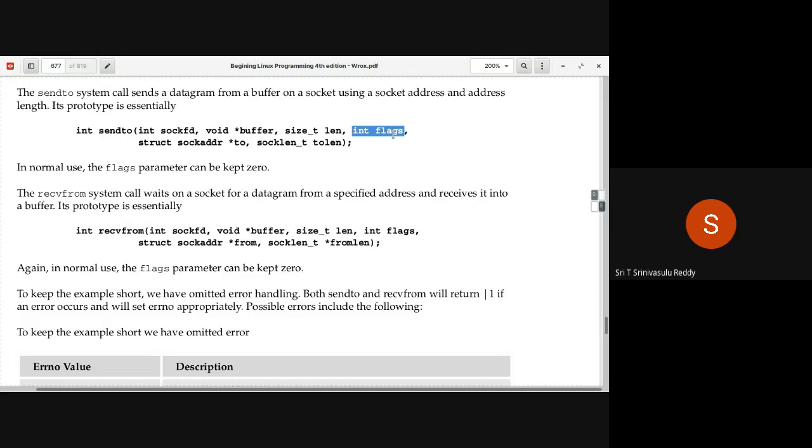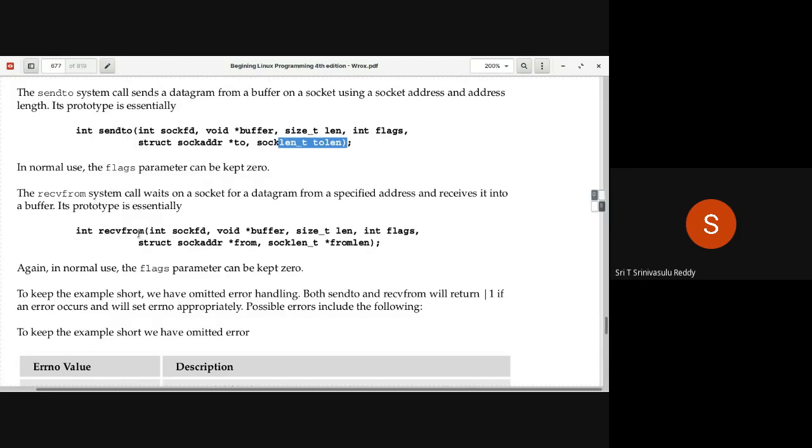You can take that control by using a flag, by using a no-wait kind of thing, so you can get out of that. That is the purpose of the flags. Many times it's likely to be 0. And then you specify the address of the other side of the machine, and the corresponding length. This is about sendto.